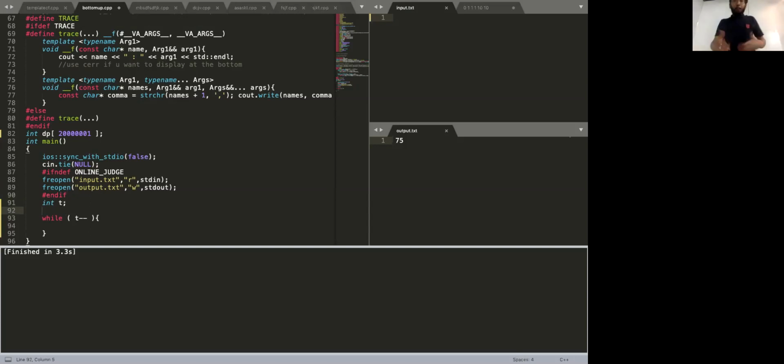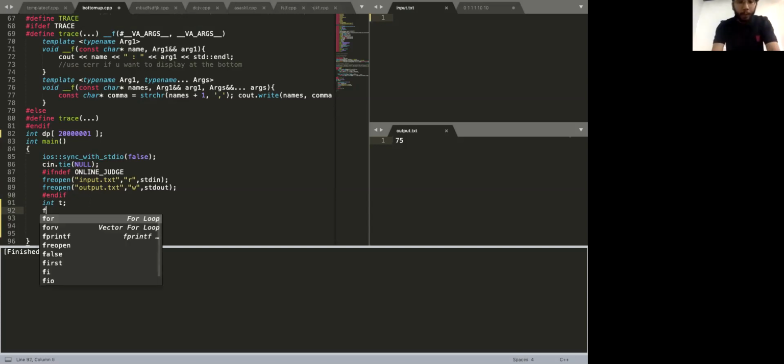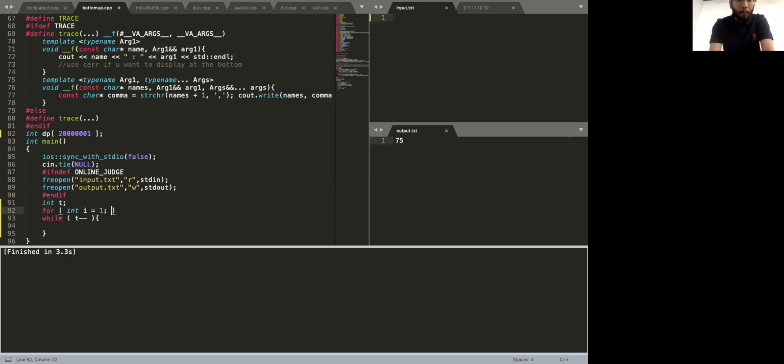In bottom up, I'm not calculating the answer for each person again and again. So I need to initially calculate the answer for all of them. I'll be jumping from 2 because the answer for 1 is 0 only, right? So that's initialized to 0 only. So I'll be going till